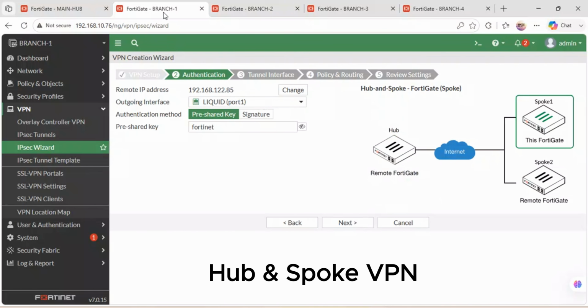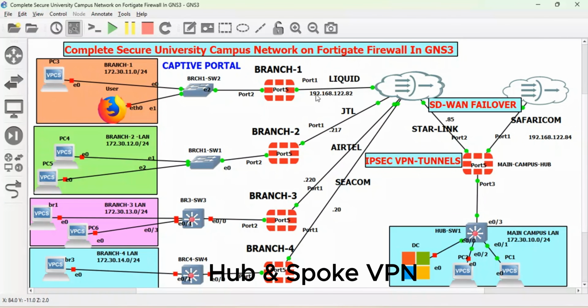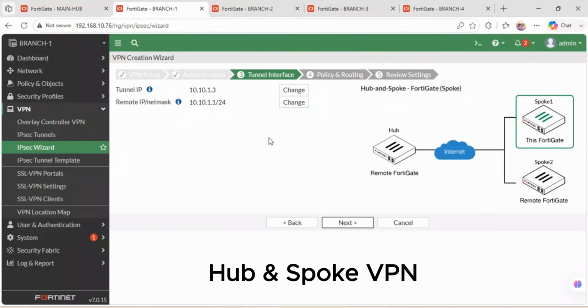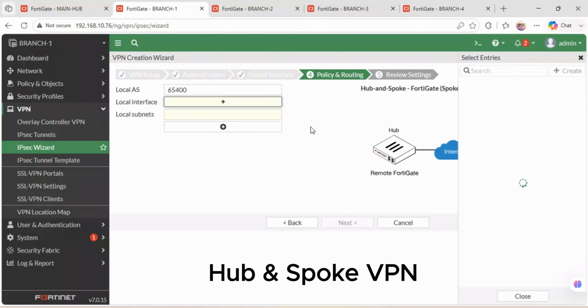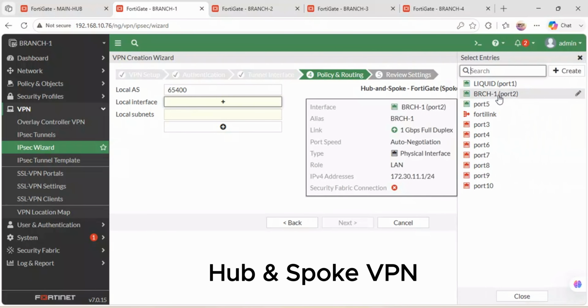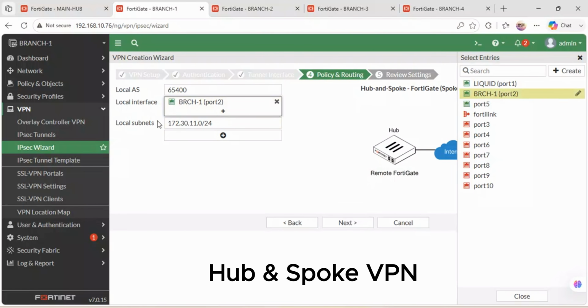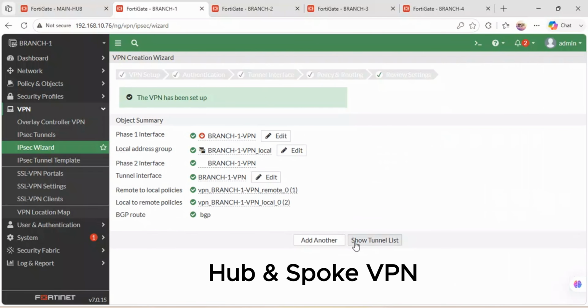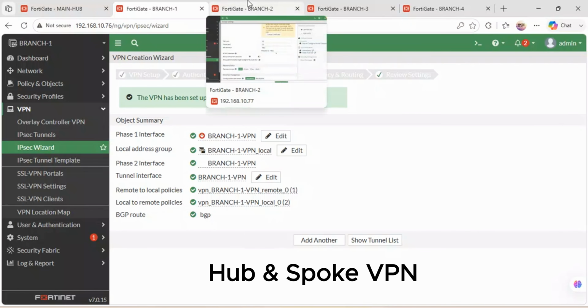So on branch 1, it has picked remote IP is 85, and then outgoing is the one interface on that particular branch, Liquid Telecom, you can see here. So then next, you see it has automatically picked the IP. Then we specify the local interface, that is the local LAN interface. Then next, we create. That's how we authenticate the spoke in coordination with